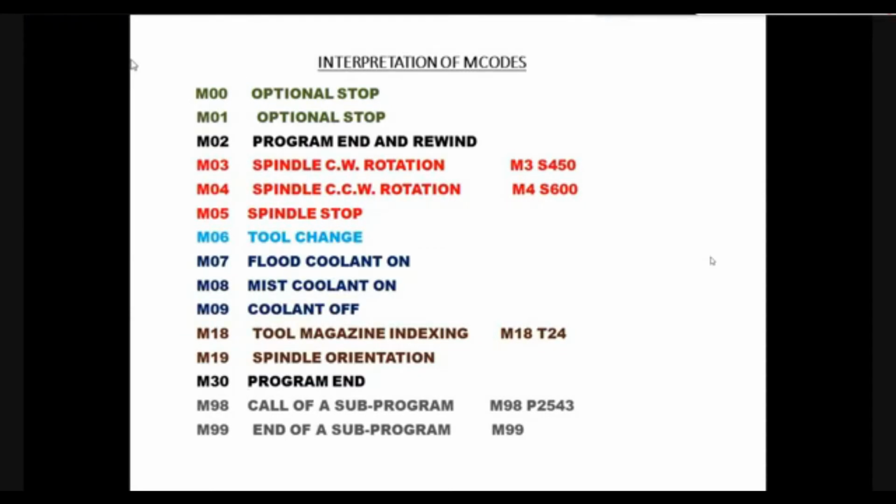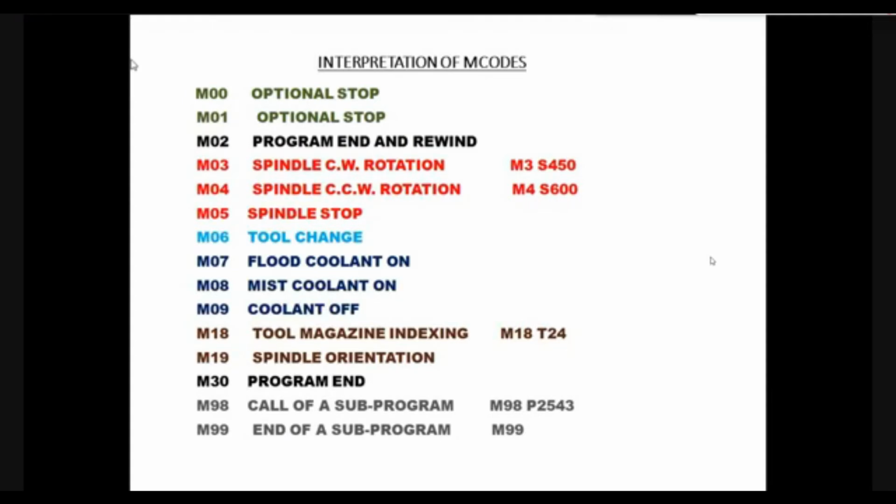M03 stands for spindle rotation in clockwise direction. That means if you want to rotate the spindle in clockwise direction, you will have to give M03. After M03, we have to specify at which RPM the spindle should rotate. So in this line, I have given M3 S450. M03 or M3, both are the same.